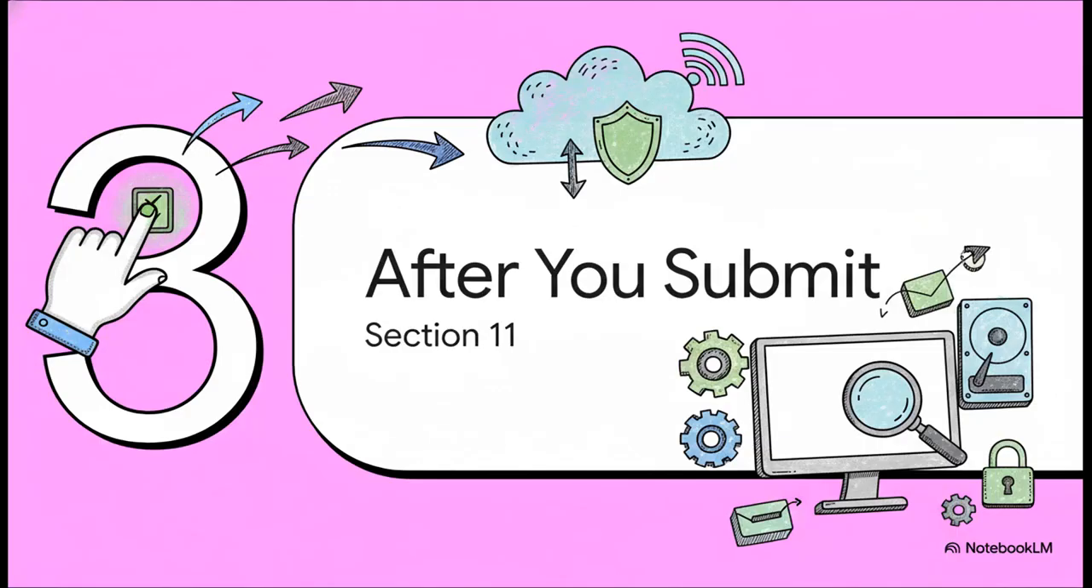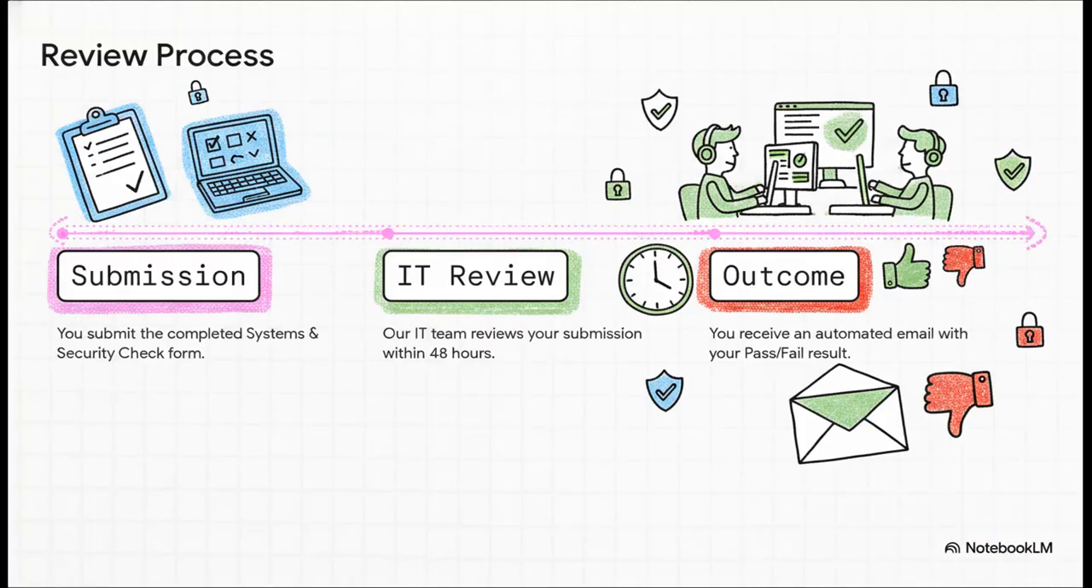Okay, so you've done the script, you've triple-checked your list, and you've finally hit that submit button. Whew. So, what happens now? Well, that brings us to section 11, after you submit. The process from here is pretty simple. Once you submit, it goes straight to our IT team. They'll take a look at your report and your checklist, and you can usually expect to hear back within about 48 hours. After they're done, you'll get an automatic notification letting you know if it was a pass or a